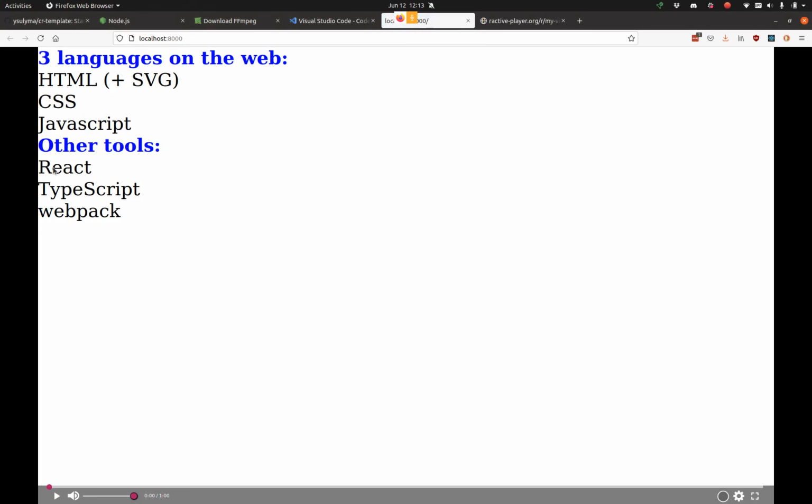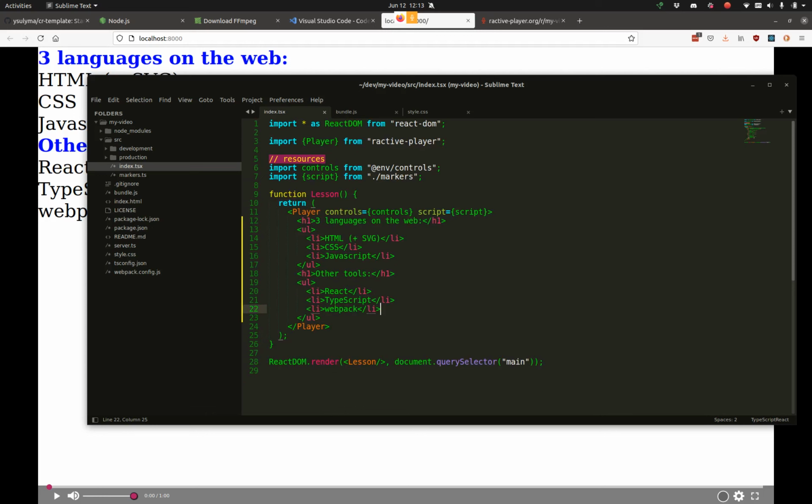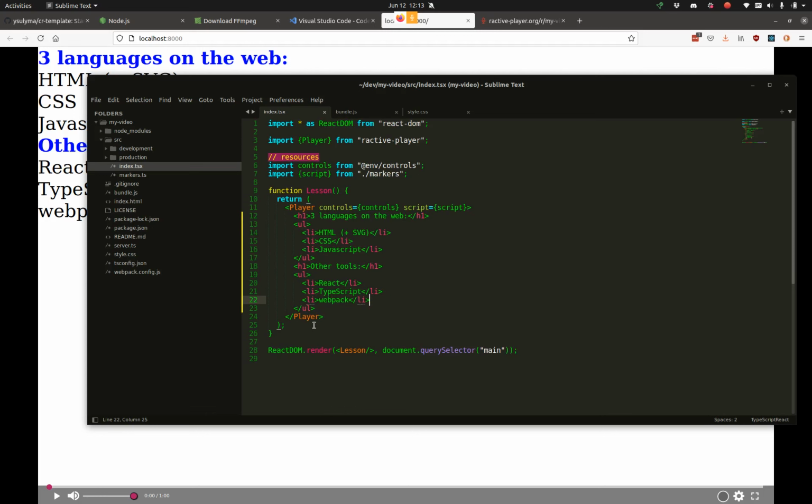So let me go through each of these. React is a piece of software made by Facebook, so we can sort of see that here. What it is, it's a syntax. I guess it solves two problems. It looks sort of like HTML. You can put this HTML-like content in your JavaScript, but you're able to put tags that aren't actual HTML tags, like player and